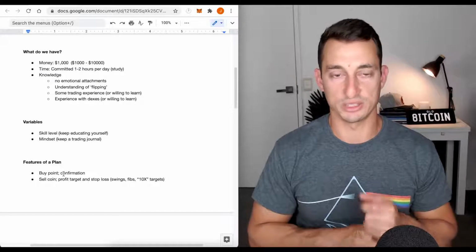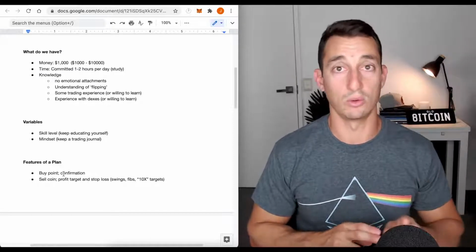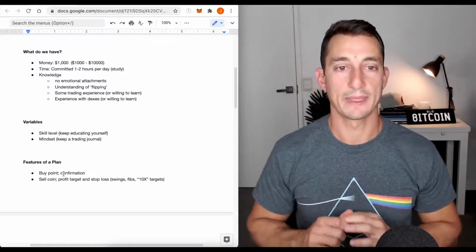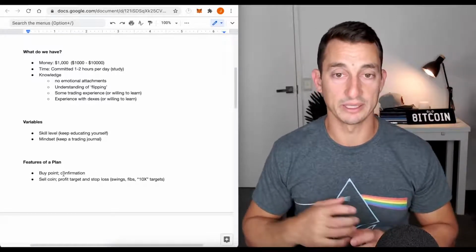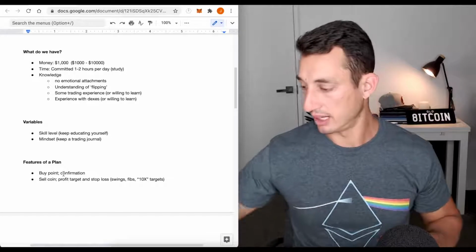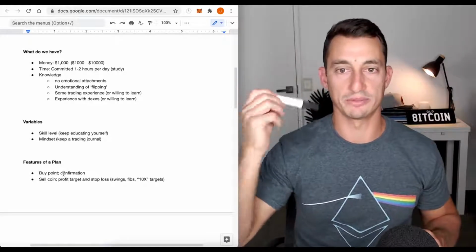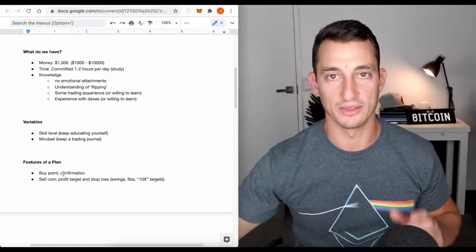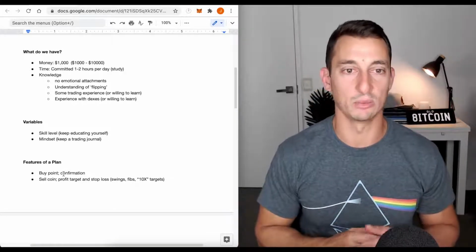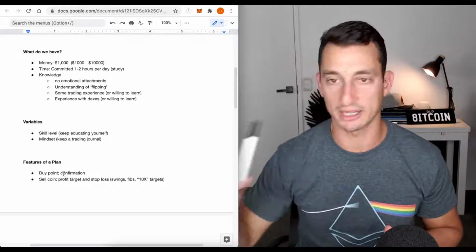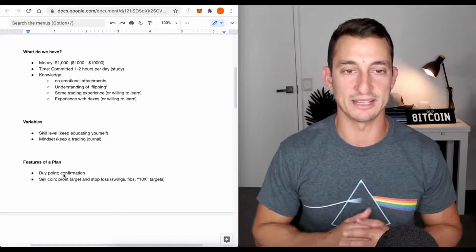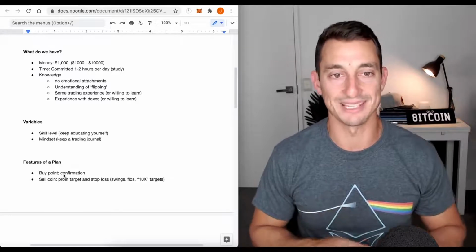Do not get emotionally attached to what it is you're investing in or what it is that you don't want to be investing in. Understanding of flipping: if you own whiteboard markers and you want to flip these from $1 to $2, $1 to $10, that's the idea of flipping. It's the same thing with the coins. We're not getting emotionally attached to it. I don't get emotionally attached to this. And I know I've said the emotional thing multiple times, but it tends to come up in the space of cryptocurrency a hell of a lot.